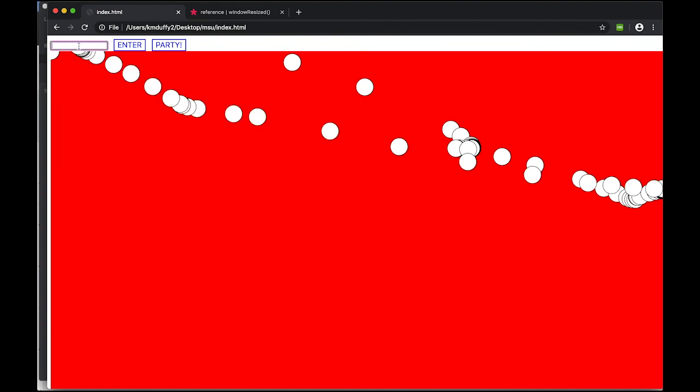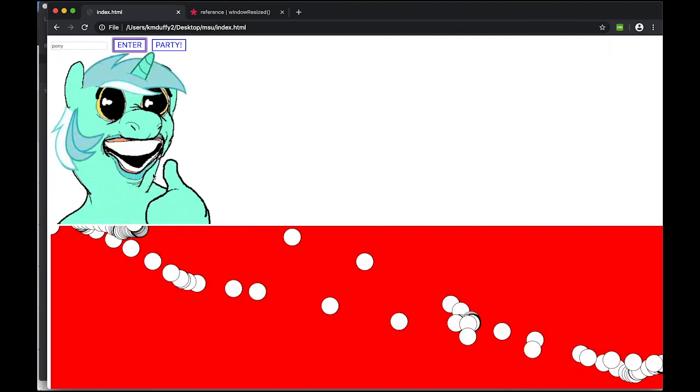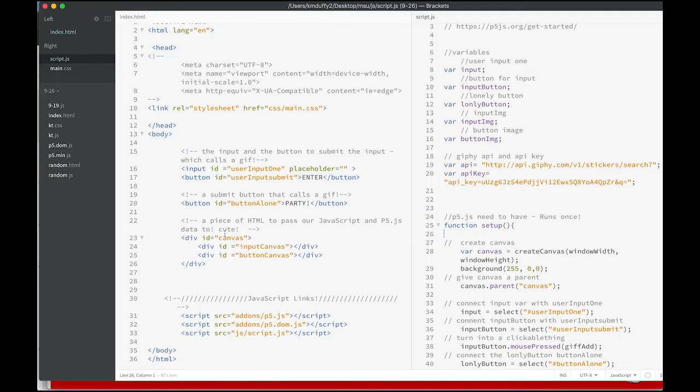Now, if I call this, what's going to happen is that it's still going to be on top of the canvas, because what we need to do is just position where we're passing these images into. If you remember, we're passing these images inside of the actual canvas as children, so we can use some positioning on them in the CSS. So if we head over to CSS,